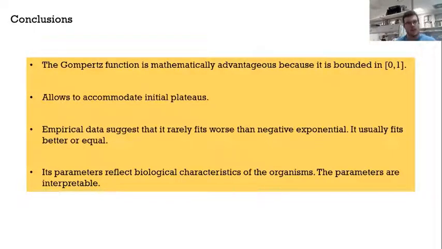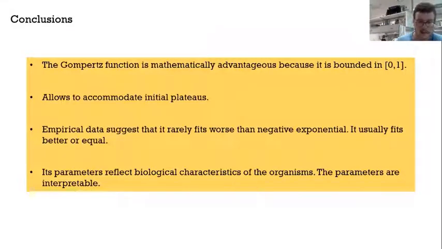In conclusion, the Gompertz function has mathematical advantages because it's bounded between 0 and 1. So it cannot take values outside the range of the similarity indexes, whereas the exponential function and the power law function can fit values over 1. The Gompertz function allows to accommodate initial plateaus,